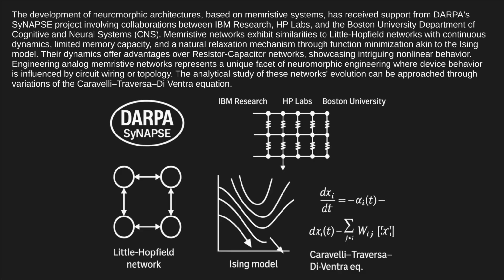Their dynamics offer advantages over resistor-capacitor networks, showcasing intriguing nonlinear behavior. Engineering analog memristive networks represents a unique facet of neuromorphic engineering where device behavior is influenced by circuit wiring or topology. The analytical study of these networks' evolution can be approached through variations of the Carovelli-Traversa-di Ventre